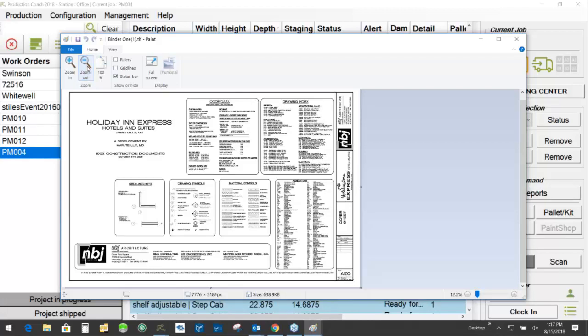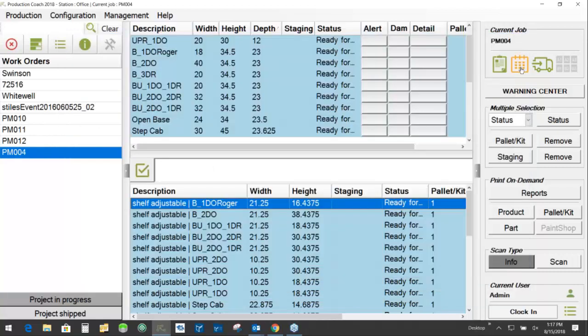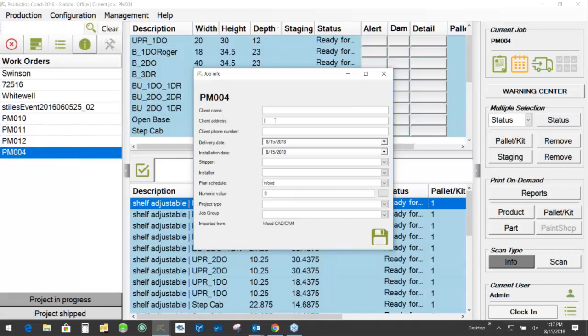Also, I want to supplement the data that came in on this order, so I'm going to give it some additional information. I can give it client names, addresses. By the way, if you put an address in, it will also give you Google turn-by-turn directions that you can click from the Google Calendar or whatever, maybe a delivery driver, install people, whatever it is. I'm going to go ahead and use today's date for delivery. That probably seems a little bit goofy, but I think you'll see why, and I'm going to set the 17th